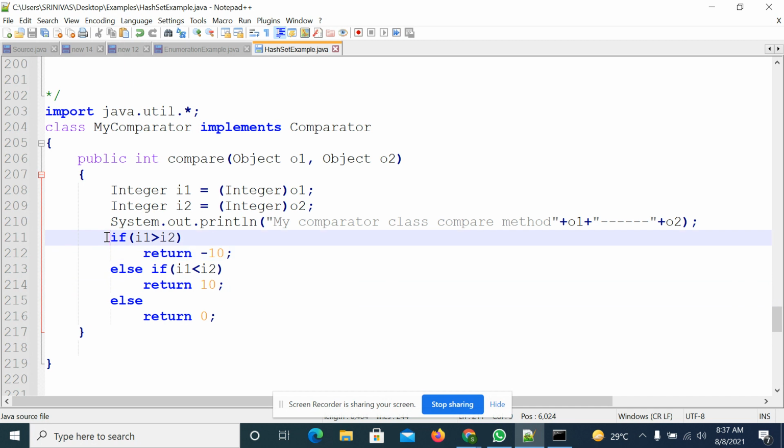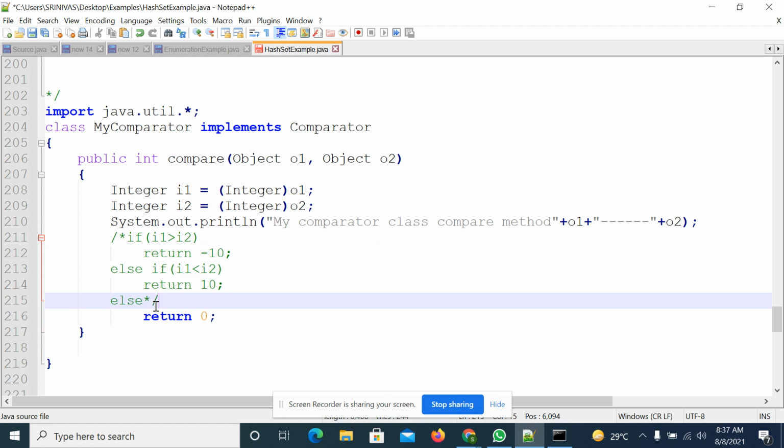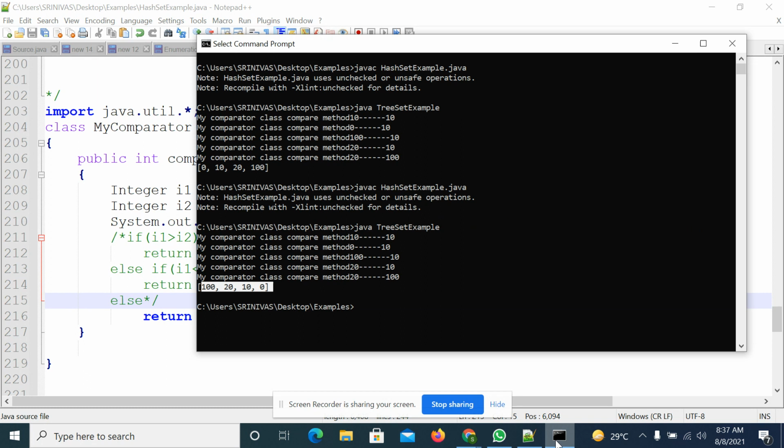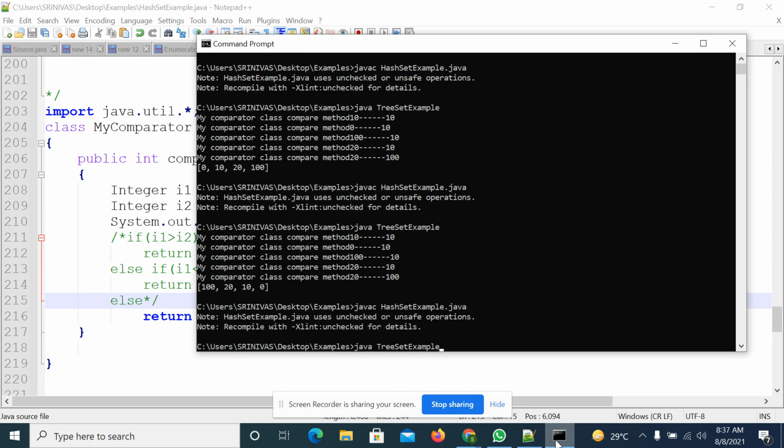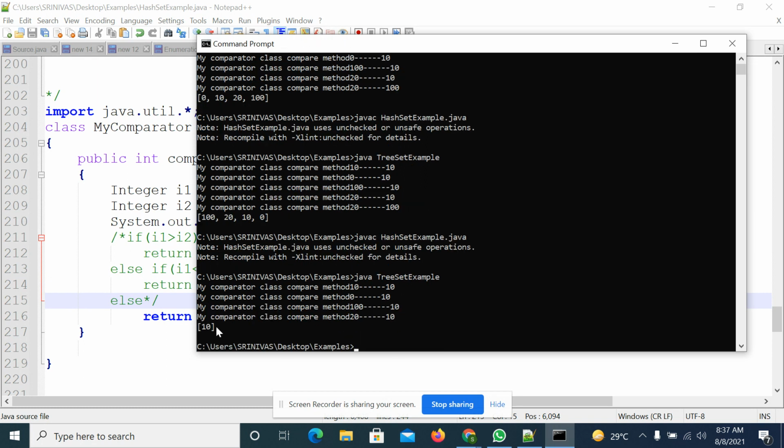In that case it will consider all as duplicate data. If you pass 0, it will accept only one element, the first element, and the remaining elements are considered as zero, equal data only. So if you pass 0, it will have only one element.